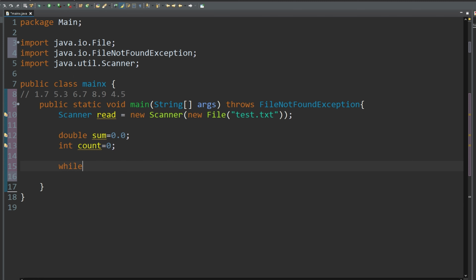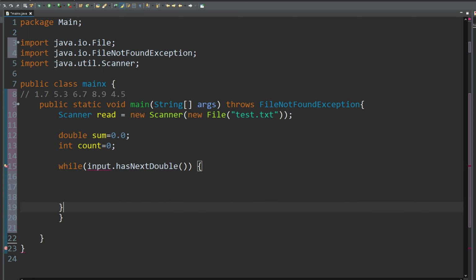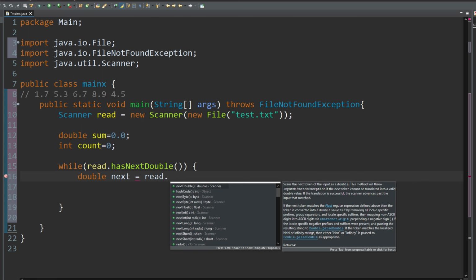Next we're going to have our while loop. We're going to run this while input.hasNextDouble, similar to hasNextLine or hasNext. We're going to open our while loop so we can start writing in it, and this should be read because it's reading this scanner right here. Inside of our while loop we'll have double, and we'll call this next because it's going to be the next double that's run through, and we're going to set it equal to read.next, and then we